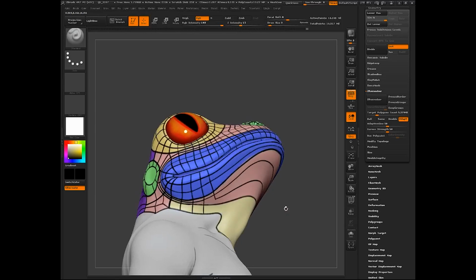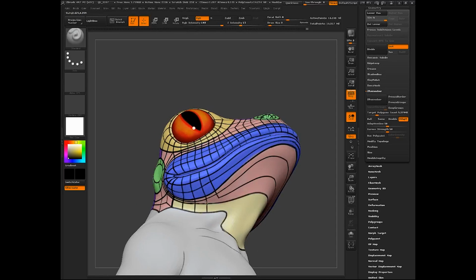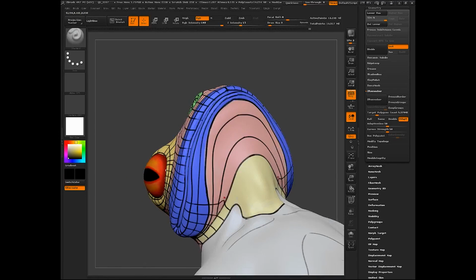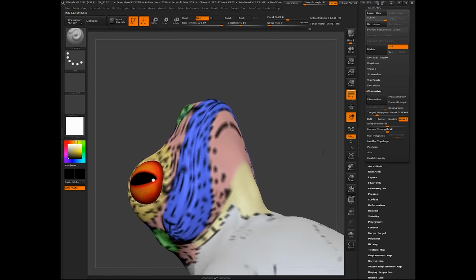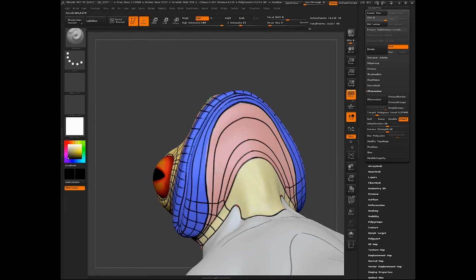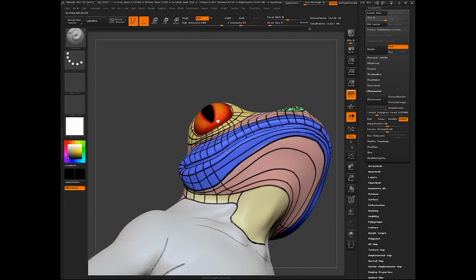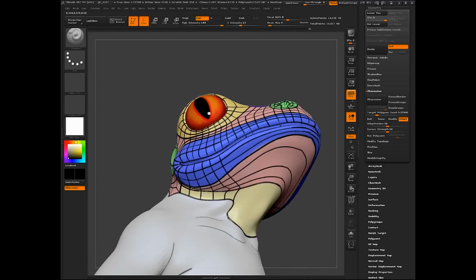And then I think I'll connect this up. There we go. So that's going to keep it all quads. And it's a weird change in geometry, but that's okay. It's underneath the head in an area where there's already a crease, so I don't think it'll show up too bad.